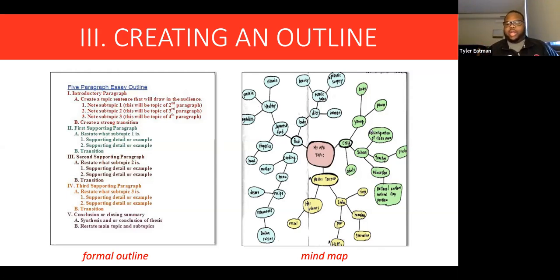With that, you're just jotting down some notes of what you actually want to write about. So you create a topic, finding a topic that you want to write about that'll draw the audience in and get them hooked. And then you have subtopics from that, which you include in your body paragraphs. So this is the usual outline that I use for my papers, and I can tell you that this is really helpful when I am writing long papers for most of my classes.